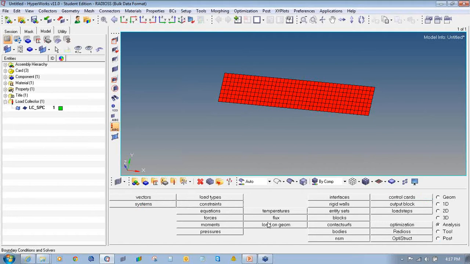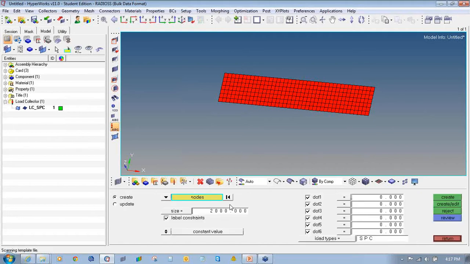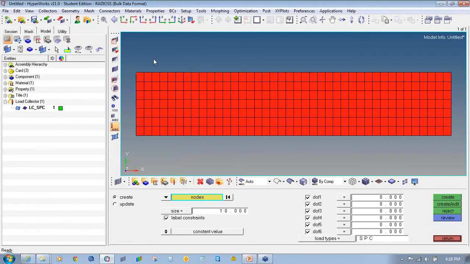Then we will apply the constraints. I will go to analysis, constraint, make it as 10, the default one. Then we will select the nodes. I'll make it an XY and select these nodes.